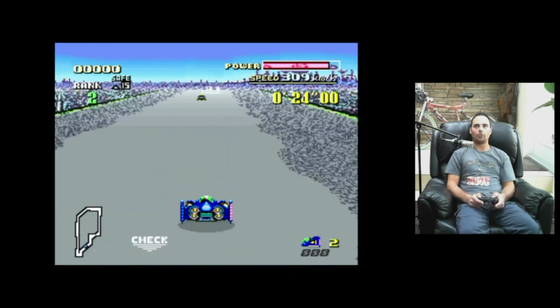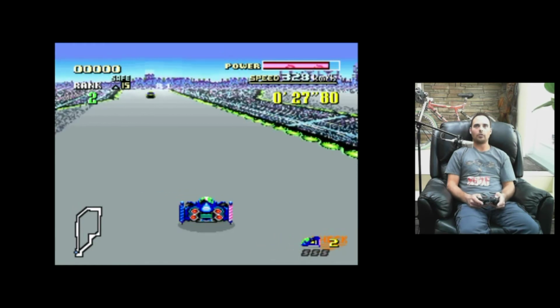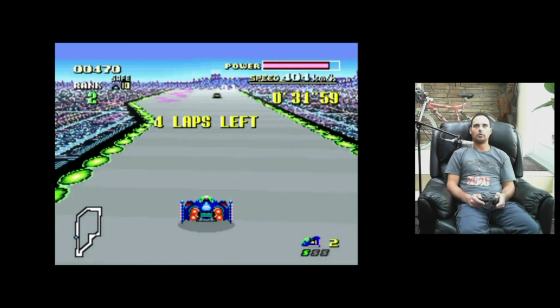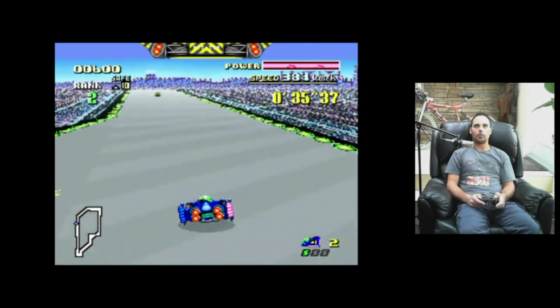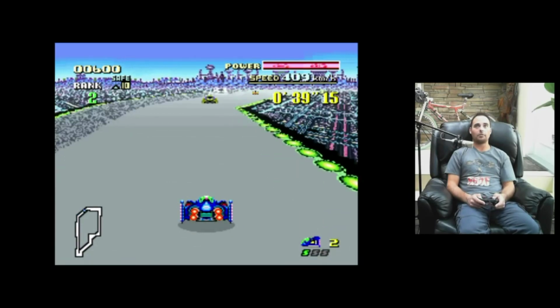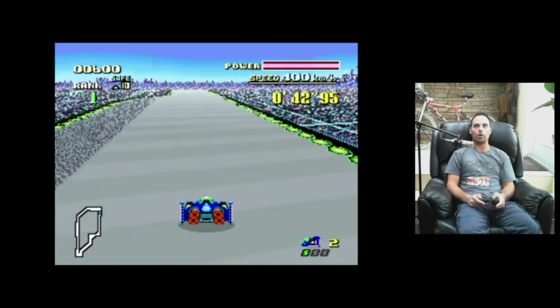Now, I'm trying to remember what it's supposed to do when you hit jump. Like, there's a way to land it so that you go further in this game. I can't freaking remember. Like, is it pull back? Who knows? But as you can see, F-Zero is fine. There's no issue playing this game at all. Again, it looks great. There's no tearing. There's no weird audio